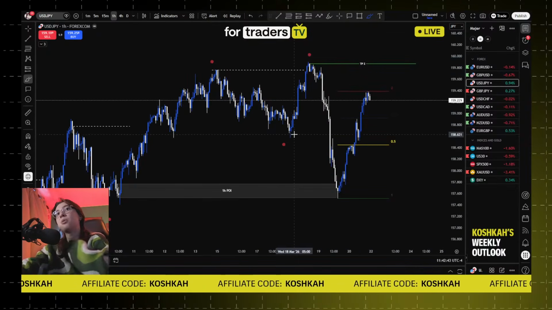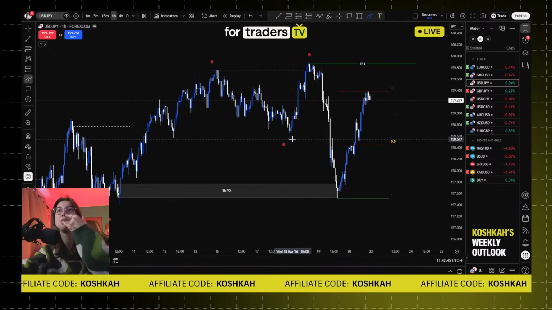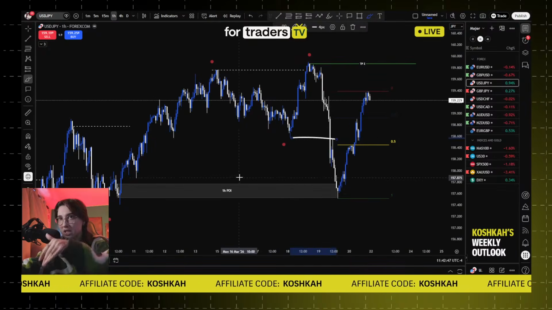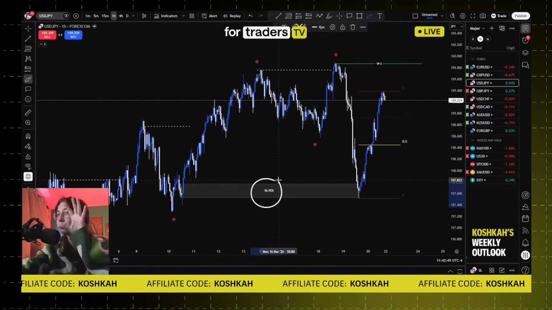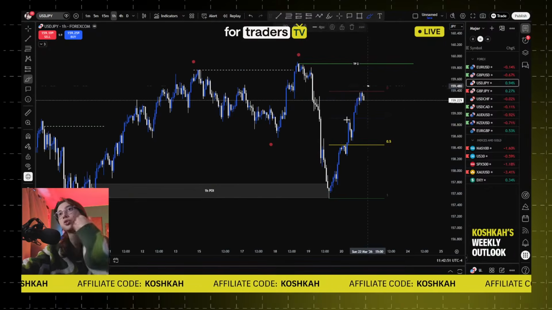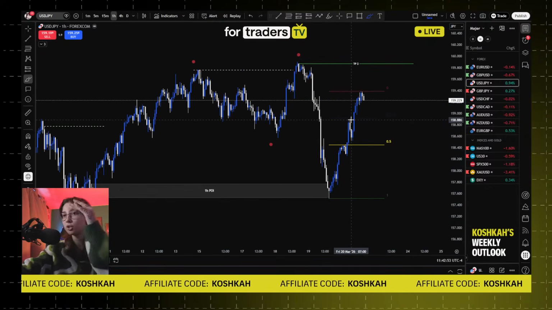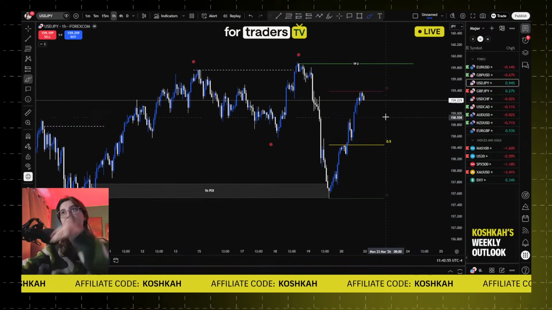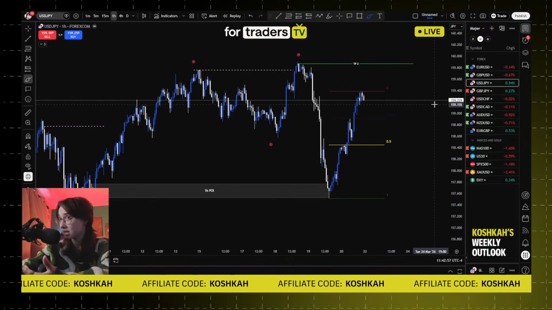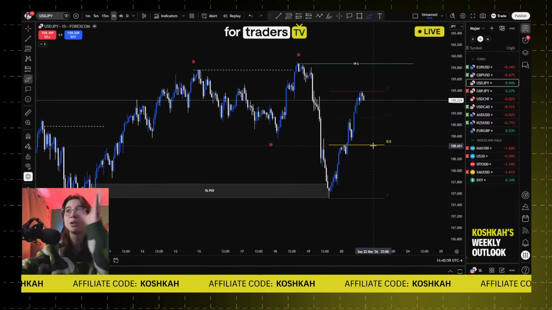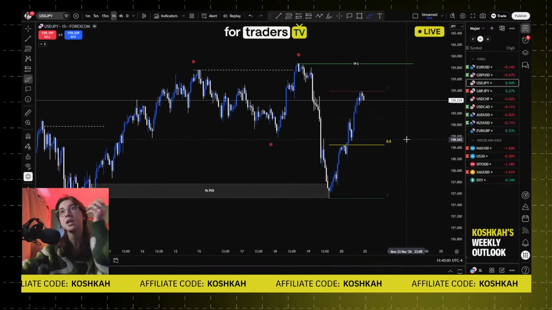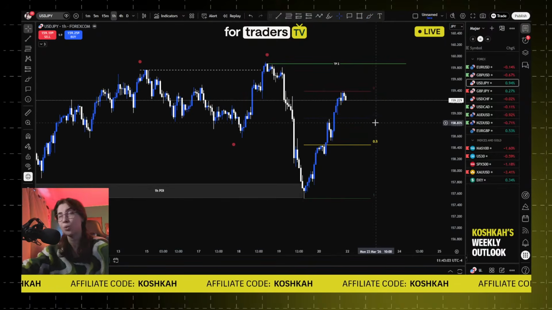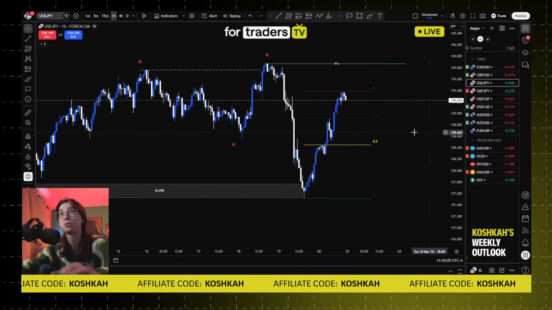But at the same time, you are your own person, you are deciding your risk. So technically this should be full risk, but if you know that the trade is already leaving and you're kind of not sure if you should take this trade or not yet, you can lower your risk and still take the trade, but with the risk lowered. That's it. So that's what we're going to do here.